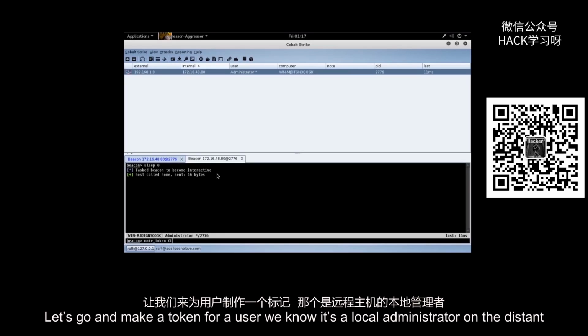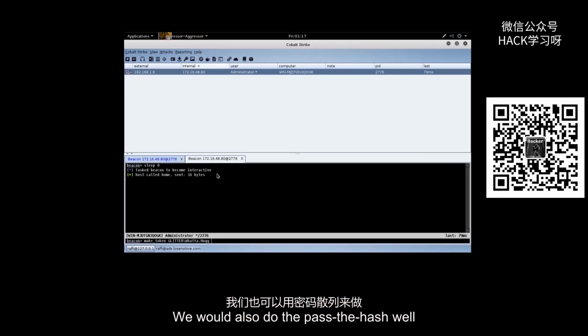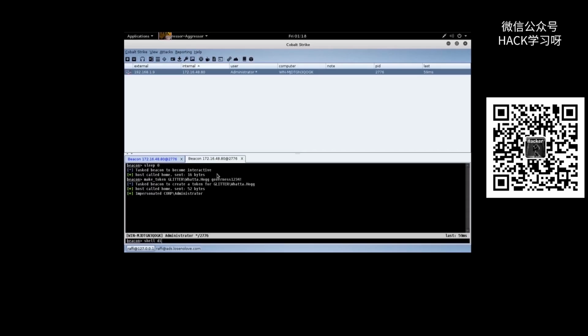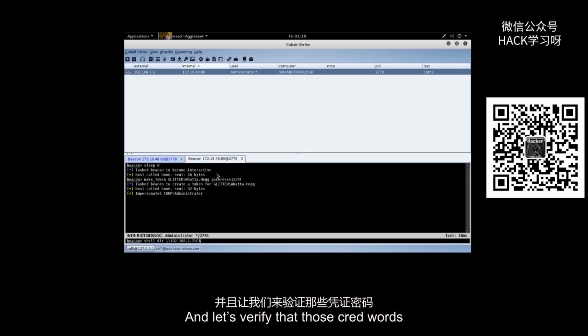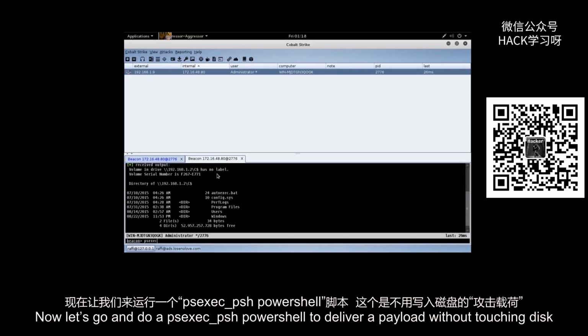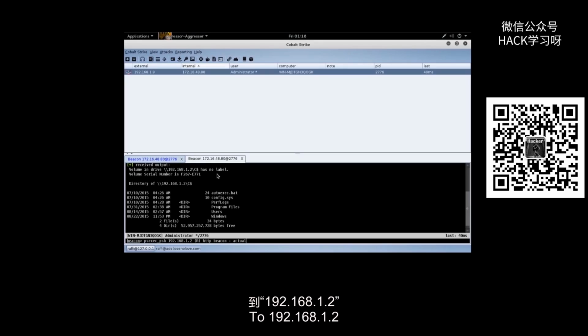Let's go ahead and make a token for a user we know is a local administrator on the distant end. We could also do a pass the hash as well if we had the password hash for an administrator user on that system. And let's verify that those creds work. They do. Cool. Now let's go ahead and just do psexec PowerShell to deliver a payload without touching disk to